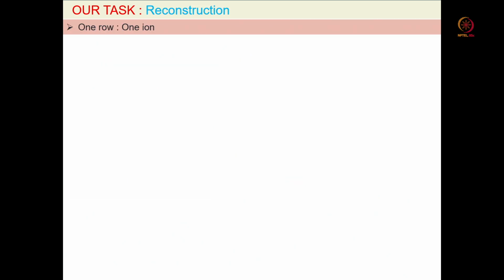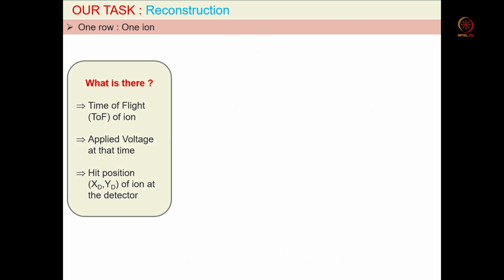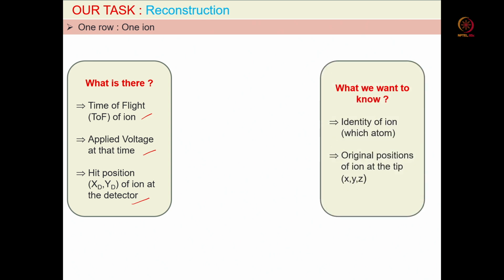Okay, so briefly, with the one ion which is getting field evaporated, we have a time of flight of that ion, we have an applied voltage at that time, and also we have an XD and YD, which is the position on the detector. Okay, and what we want to know is the identification of the ion and the original position of the ion at the tip, which is X, Y and also Z. Correct? We'll come to that Z later. First we'll just briefly go through these